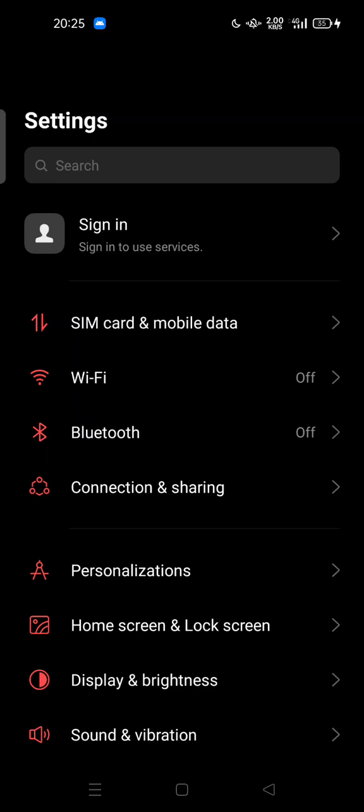In order to install applications or any games that you want into external storage or SD card, you can try to enable the option via developer